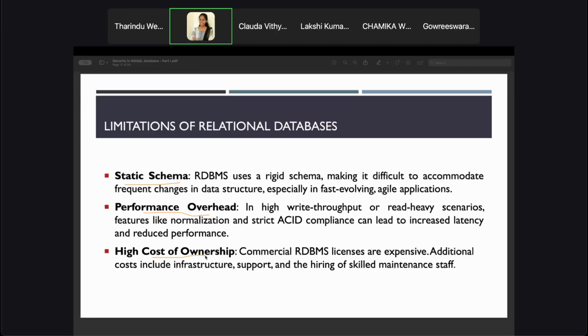Another one is high cost of ownership. Most of the commercial relational database management systems are very expensive in terms of their license. You have to pay so much, and maintaining the infrastructure and hiring staff for it will cost a lot. That's another reason we are moving to an alternative form which should cost less. So these are some limitations, and the other limitation is